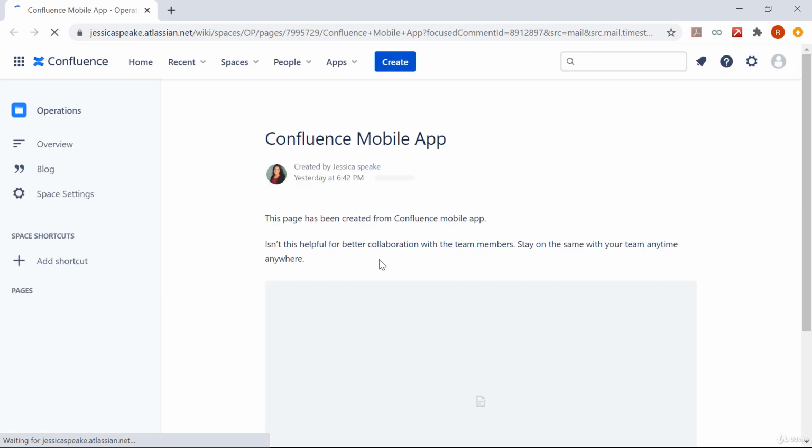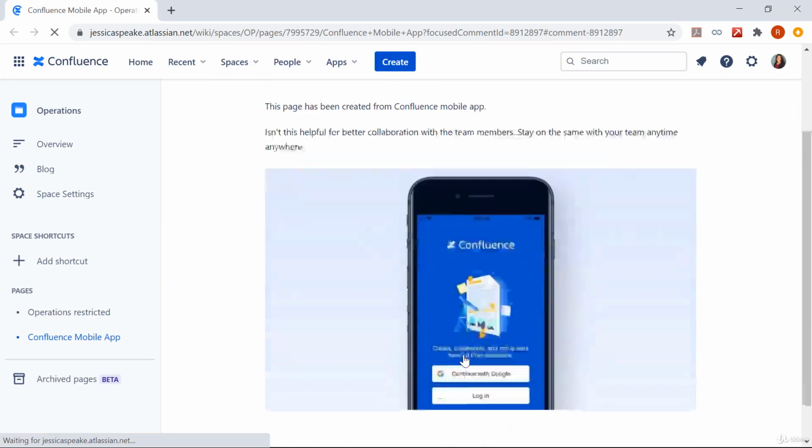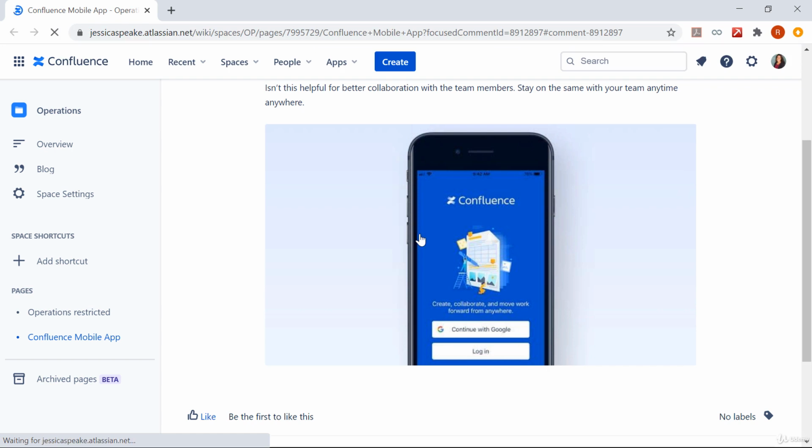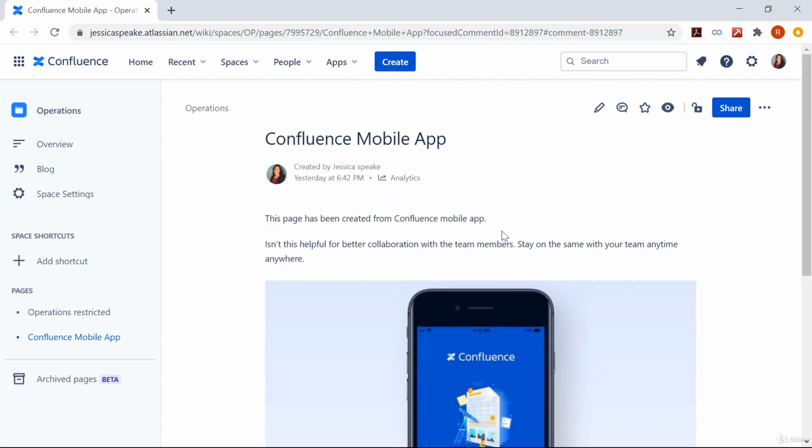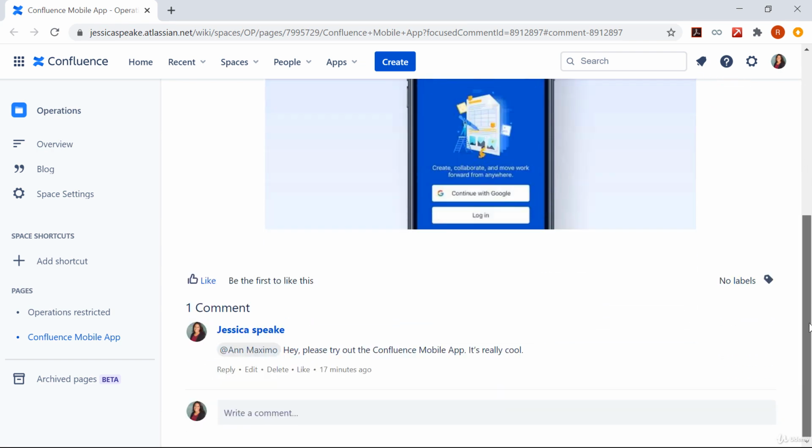From the link sent on the email, she can directly go to the page and the section where the comment is and respond to it. So this particular feature really adds the functionality to speed up the communication process, avoiding missing any important notification. As mentioned before, you can add images, links or any other macros as per your requirement. Other users can reply or like your comment, and you or a space administrator can edit your comment.